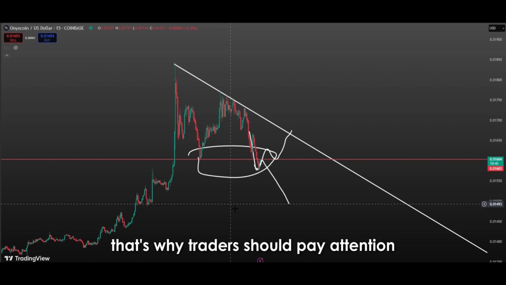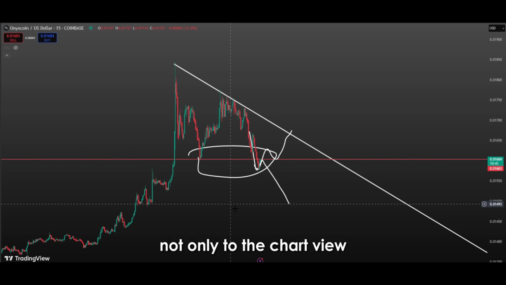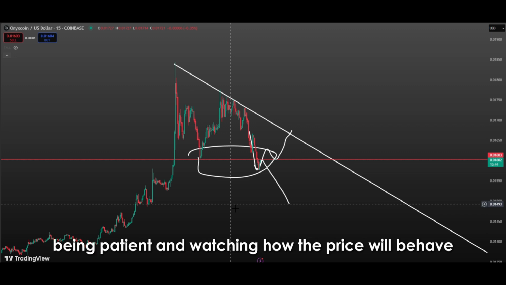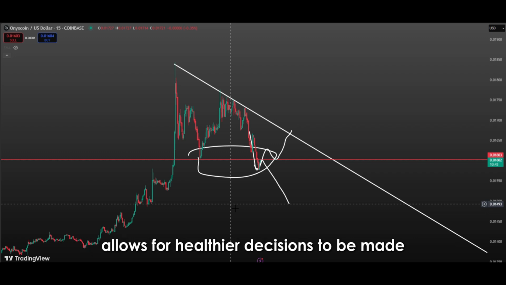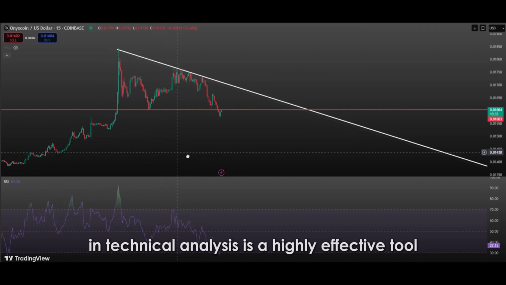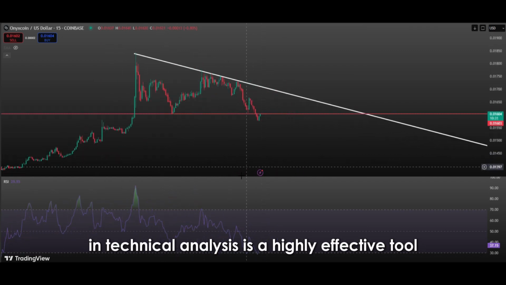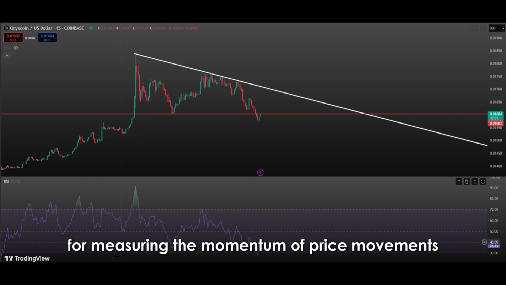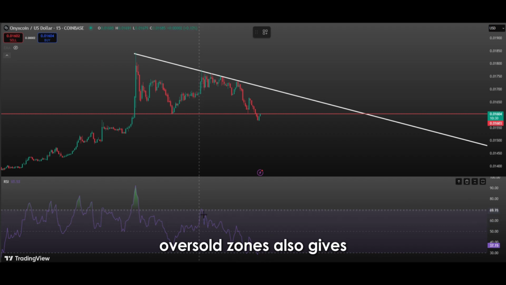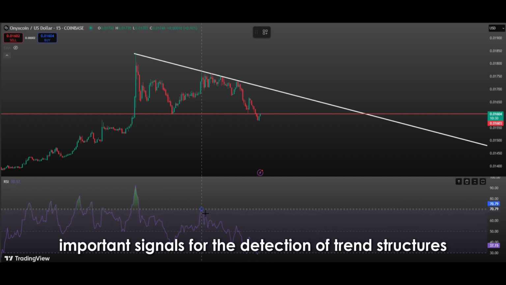That's why traders should pay attention not only to the chart view, but also to market volume, patterns, and other helpful indicators. In such cases, being patient and watching how the price will behave allows for healthier decisions to be made. RSI, one of the most frequently used indicators in technical analysis, is a highly effective tool for measuring the momentum of price movements. This indicator, along with overbought, oversold zones, also gives important signals for the detection of trend